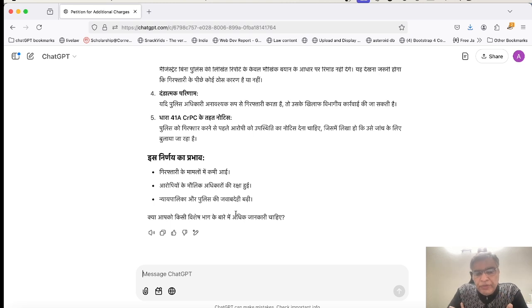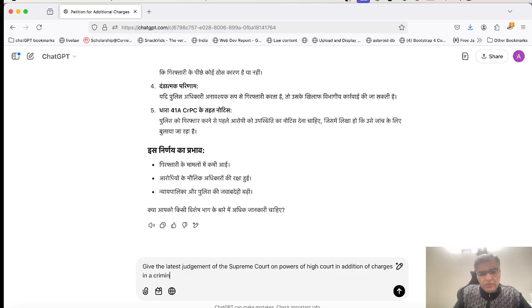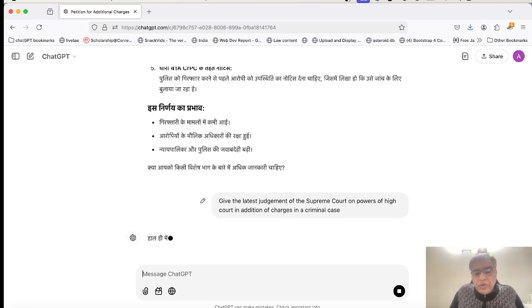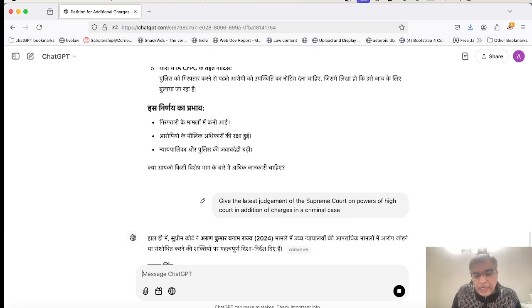Now, Arnesh Kumar we were aware of, right? So it was very easy to give the specific prompt, that give me the ratio of the Arnesh Kumar judgment. Now, if in case we have to find the judgment, for example, let's go back to the main petition which we were trying to draft, the 482 petition. So, give the latest judgment of Supreme Court on powers of High Court in addition of charges in a criminal